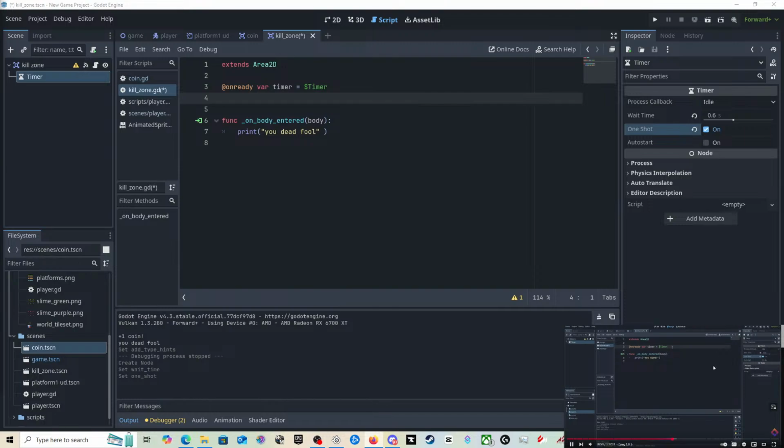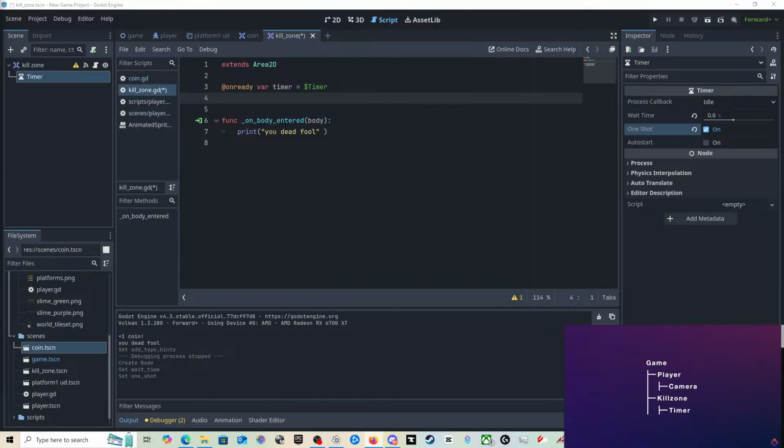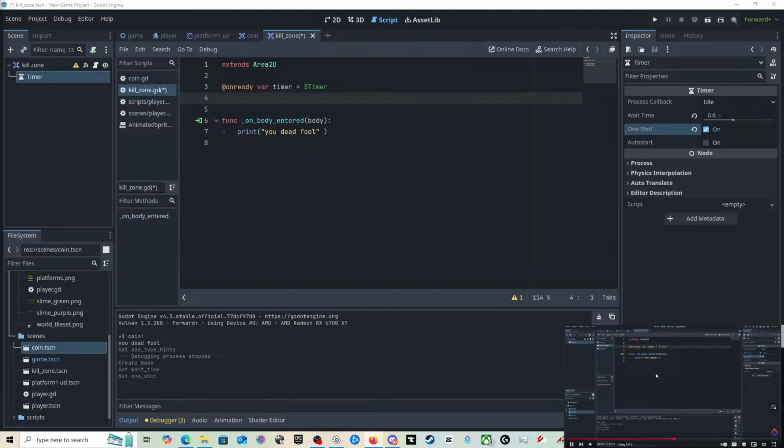Now, if you haven't worked with paths before, they are actually quite simple. They specify a way to get from one node to another in the tree. So if we look at this example tree, to get from the game node to the camera, the path looks like this. It goes through the player and ends with the camera. And in our case, where we just want to get from the kill zone to the timer right underneath, we don't have to go through any other nodes, so the path is simply timer. Again, right now we're brushing over concepts such as variables and functions pretty briefly, but you can learn more about programming and what all this really means in our upcoming video on GDScript.